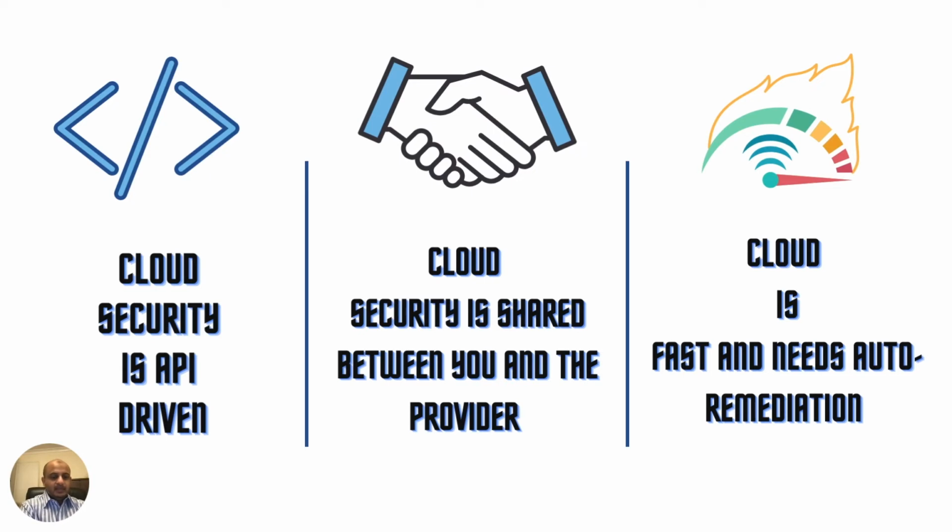Cloud is nothing more than a big collection of APIs. Almost everything in the cloud is exposed via an API, and security is no different. Almost everything can be automated. Almost everything can be looked at in API form. Like I said, it's a set of API calls. So you have to take that into account. Everything is software driven. There is no physical infrastructure there.